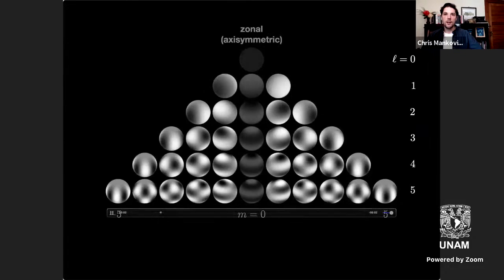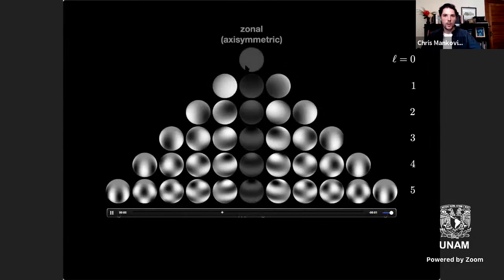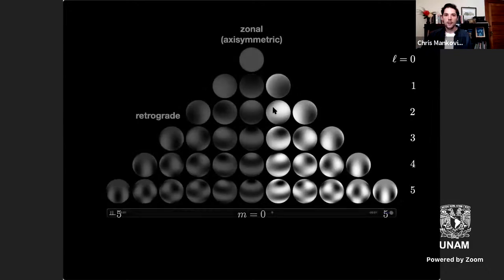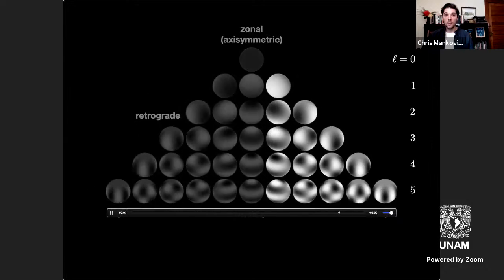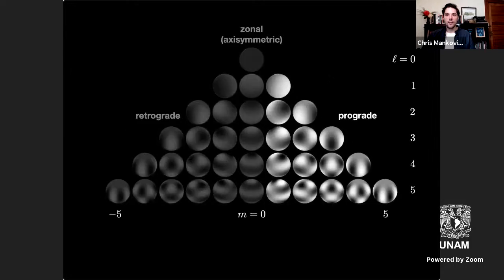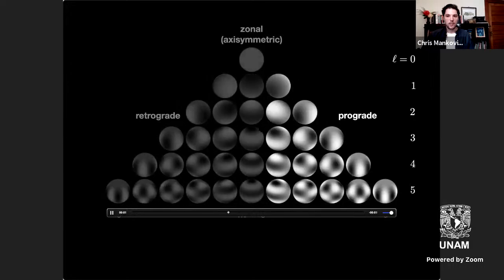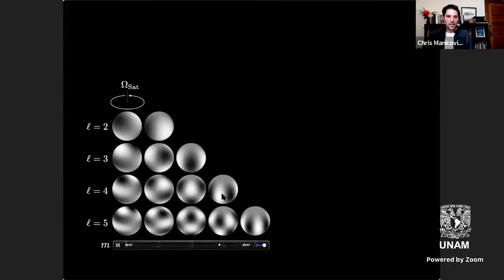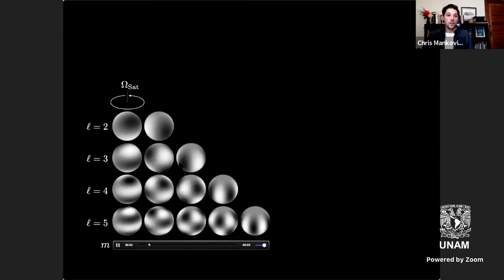For instance, these are zonal modes. They're totally axisymmetric, and so they cannot give you a response in the rings because there is no non-axisymmetry to them. These modes are retrograde, and that turns out to not be able to give you any resonances with prograde ring orbits. That leaves only prograde modes, and these are the modes that are interesting from the perspective of ring seismology.